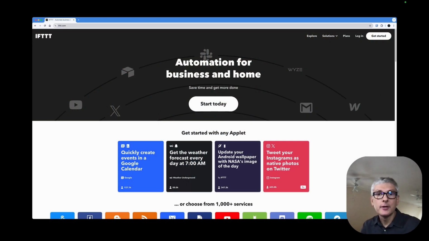All right, so here we go. This is a presentation of an automation tool that I'm using to capture my push notifications from my banking application on my mobile device and saving each notification into a spreadsheet on a Google Drive. And for this, I'm using a service which is known as IFTTT, but in reality the full name is